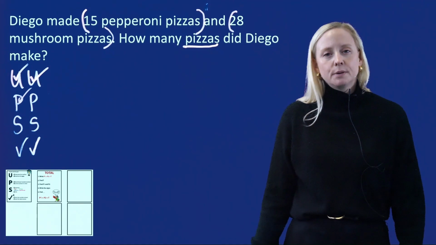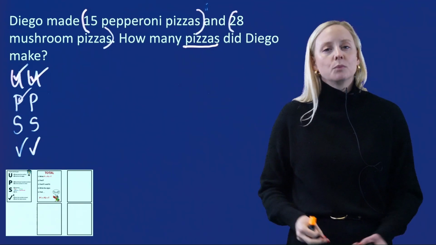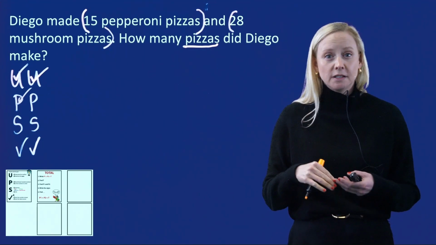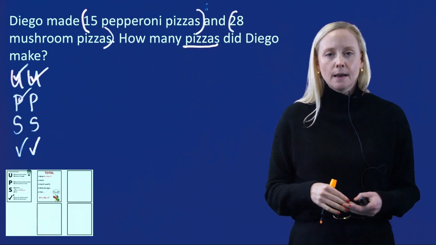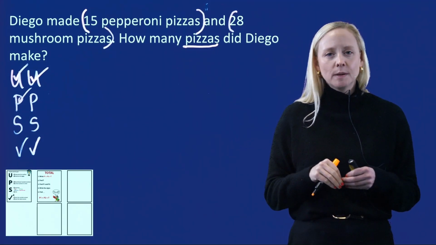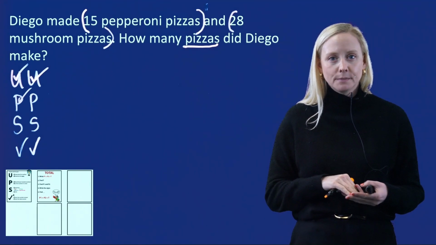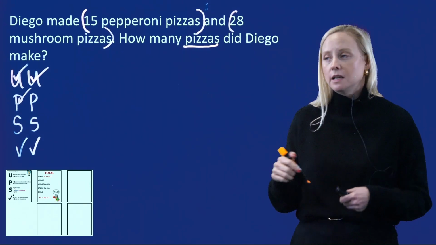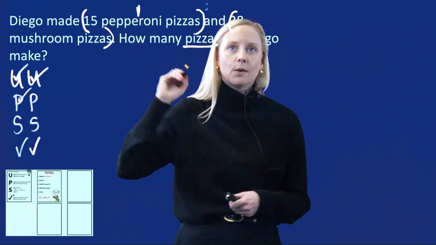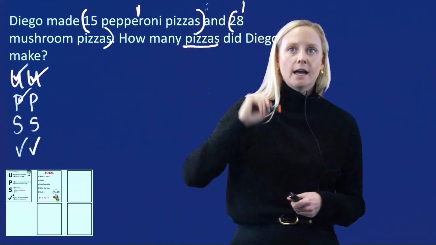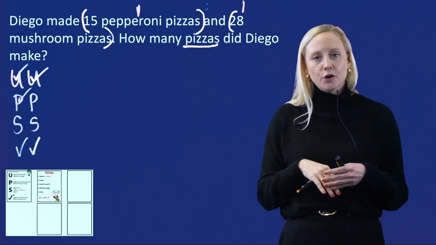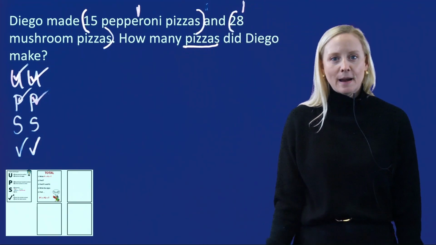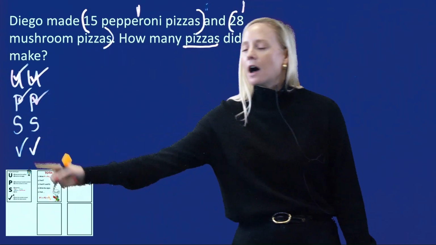My second P is to put numbers in order. Now in our multi-step word problem intervention, we expose students to single-step problems as well as multi-step problems that have 2 and even 3 steps. But in this word problem and for this presentation, we're focusing on single-step problems. So here we only have 1 step in the word problems, which means I'm going to put a 1 above our needed numbers. So here, I know I need pepperoni pizzas and I need mushroom pizzas. I know that those numbers are needed in my first step of solving the problem. I put a check mark next to my second P, and then I can move on to my first S,